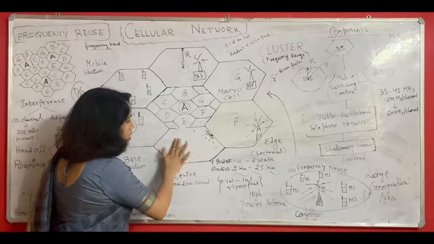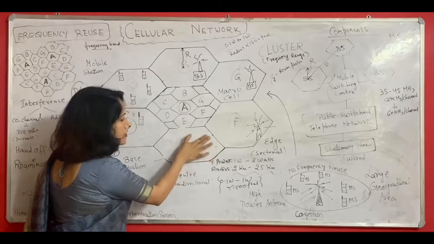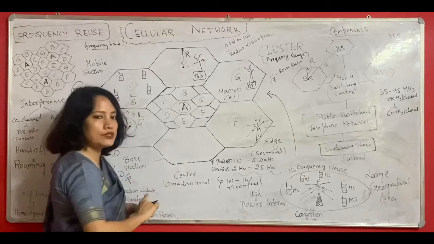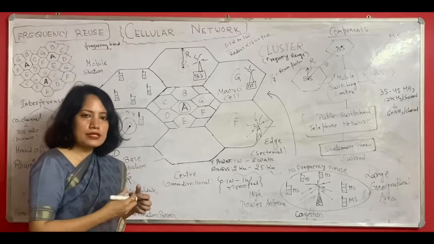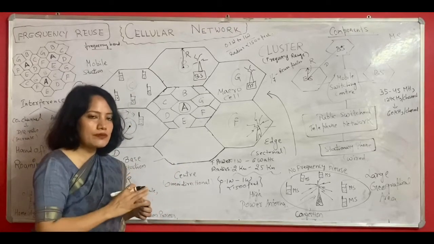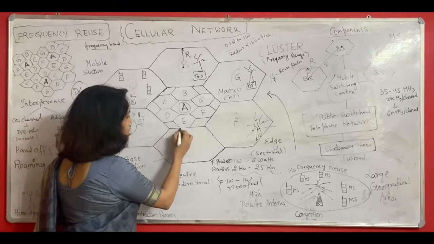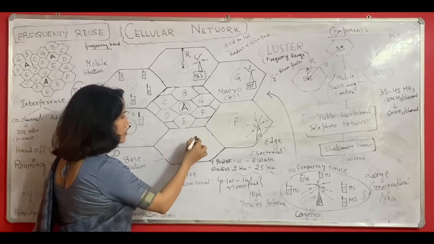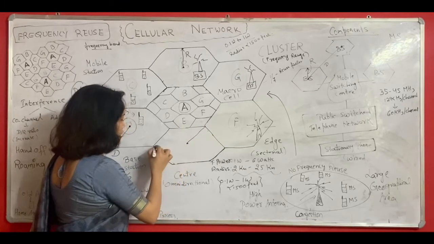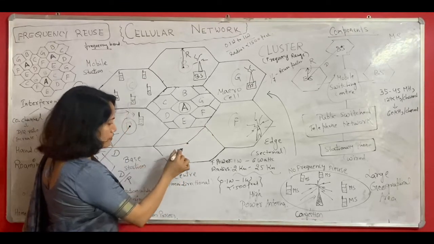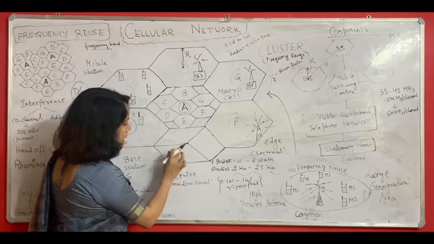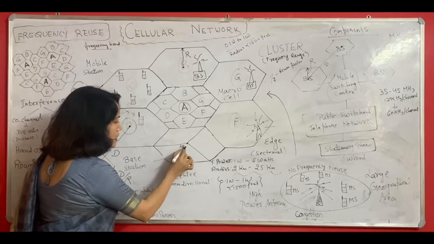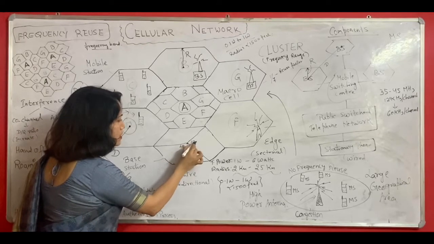Now what is cell sectoring? Cell sectoring is also used to deal with traffic, to deal with more subscribers, to give service to more subscribers. So how can it be done? If there is a hexagonal cell, then it can be divided into different sectors. Like here, if we divide this cell into 3 different sectors where the angular separation between sectors is 120 degrees